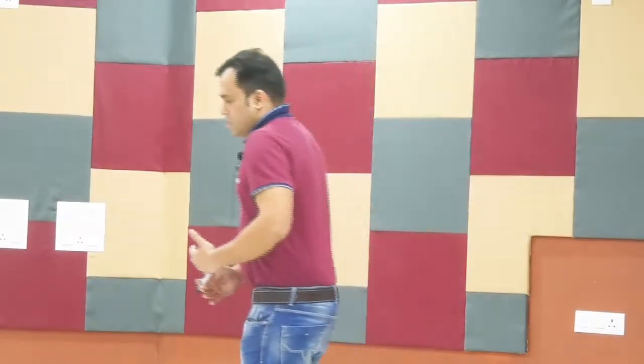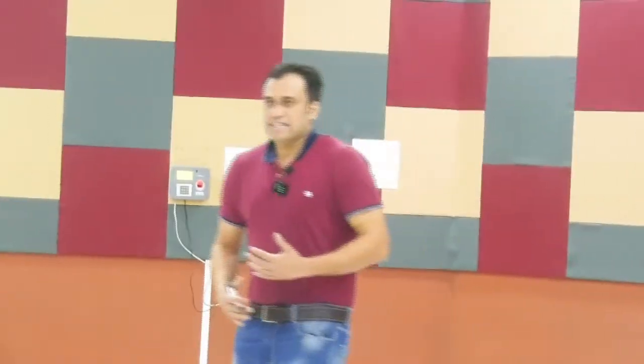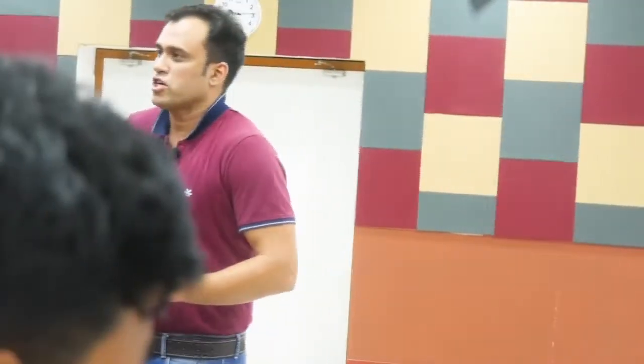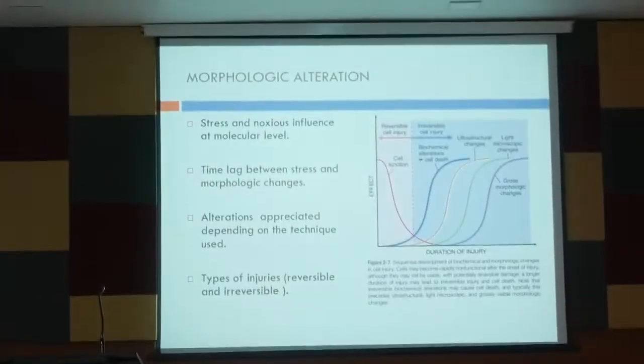Because the changes have already started taking place, you are not able to appreciate them with the naked eye. So you need to resort to various techniques to identify the changes that take place. And depending on the technique, the superior the technique is, the faster you are going to appreciate them. If you use a histochemical technique or an electron microscope, you can make out those morphological alterations much faster as compared to,